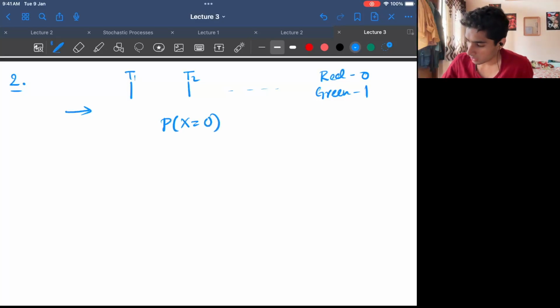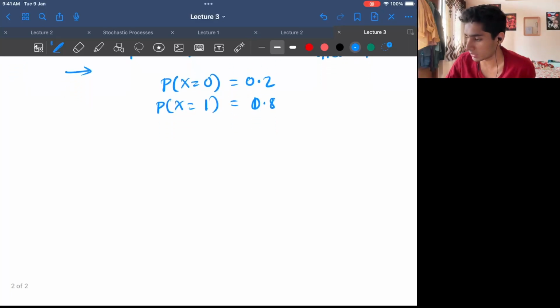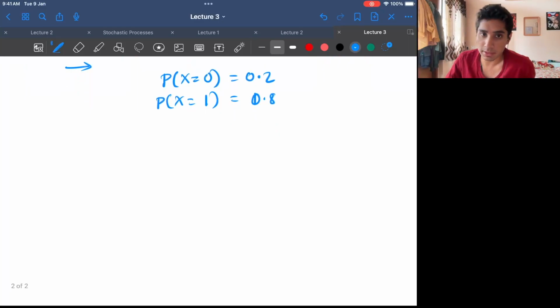given to us to be 0.2, and the probability that x is equal to 1, that is the traffic light is green, is given to be just 0.8, right? Because both these things should sum up to 1. So that is what is given to us. And the question that is asked is,